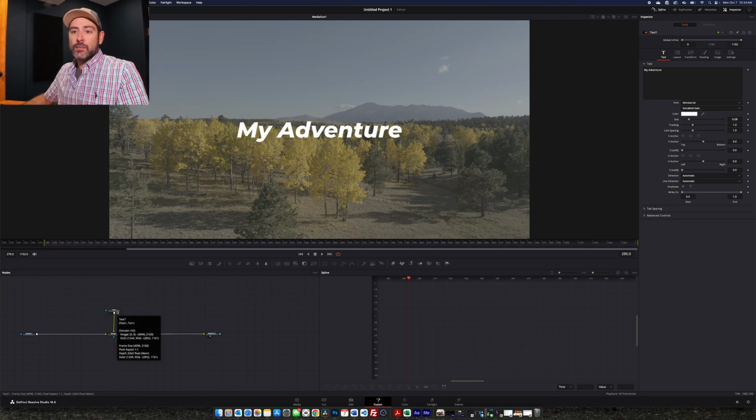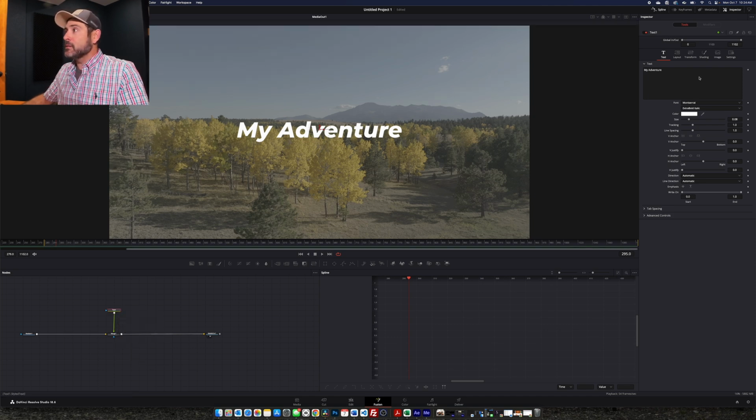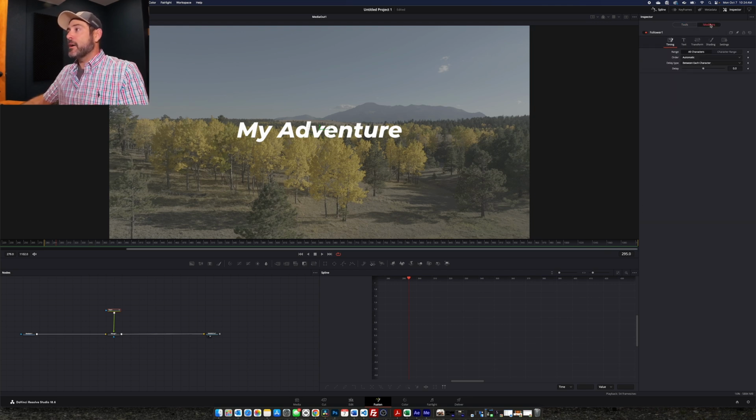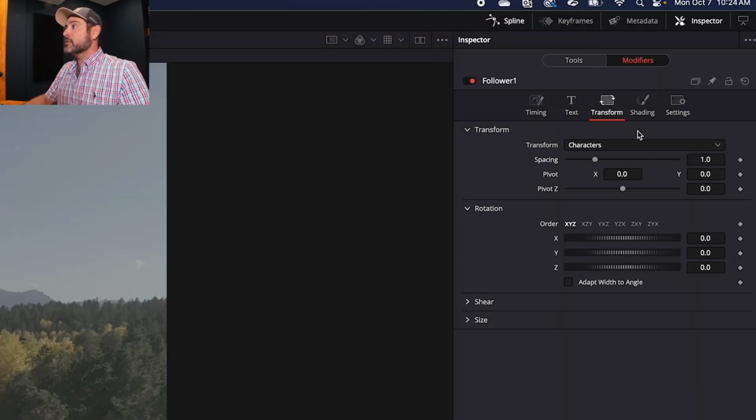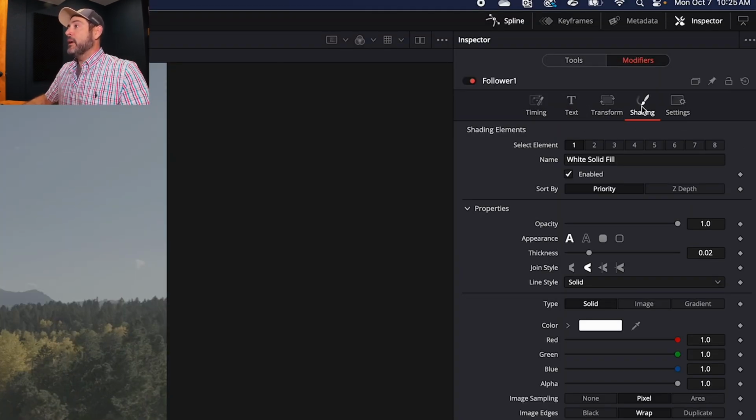So in order to do that, let's click on the text, and then that will let us add some options over here on the right side. So we'll click in this text box, and then we'll right click and say follower. And that's going to unlock the modifiers panel. And in the modifiers panel, we have several different options. We've got timing, we have text, we have transform, shading, and I think what we'll do is start with the